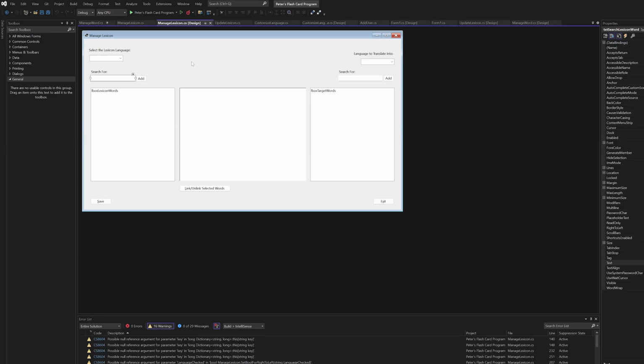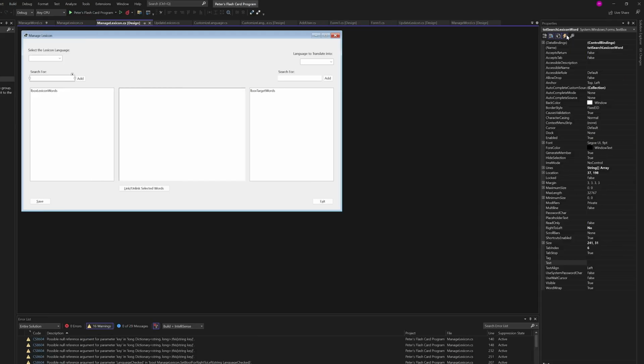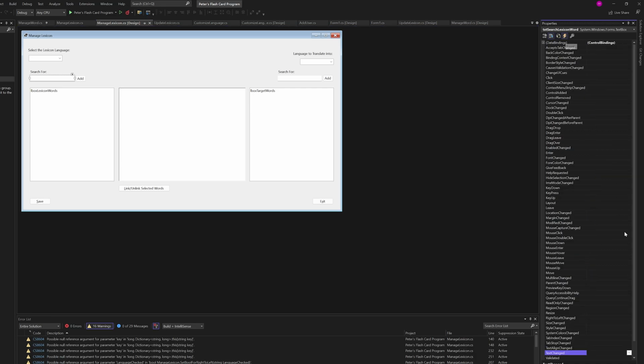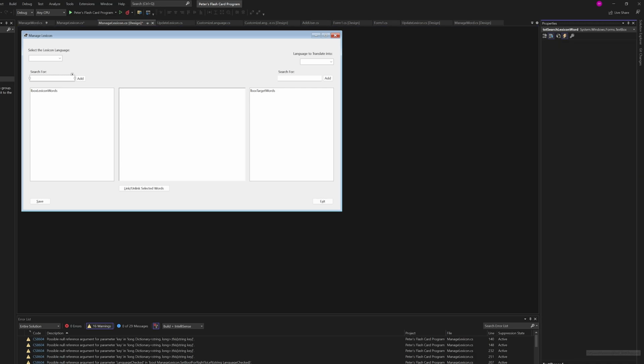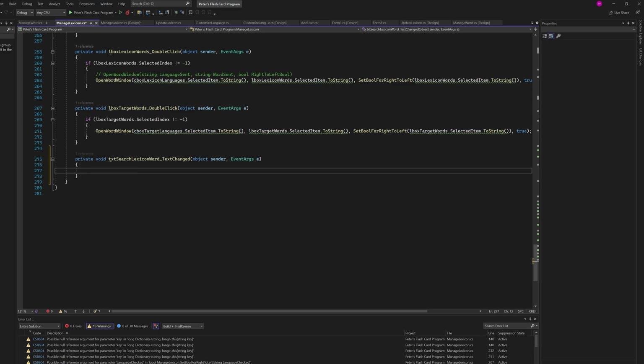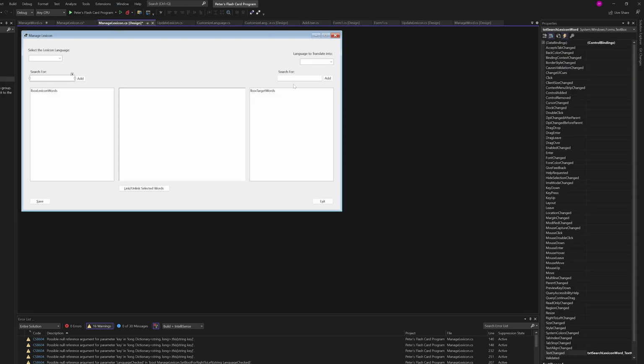Hello everyone. So today we're going to start off by getting our search box working to filter the list box items that we've got. So to start with, we need to come over and click the events lightning bolt, come down to text change, and we double click on here to create our method here. And because we're going to need it for both text boxes, we'll repeat that same thing here with text change